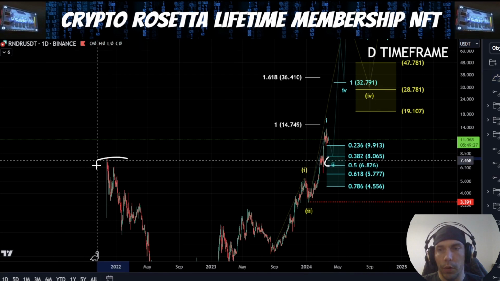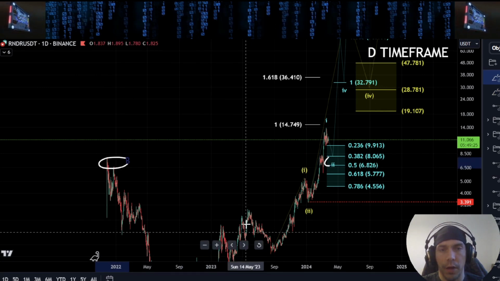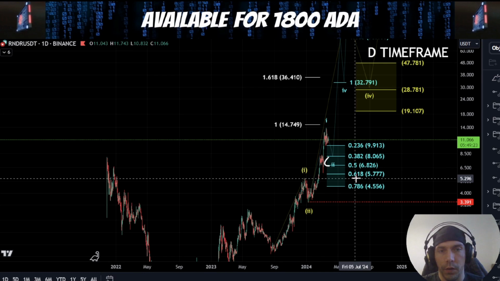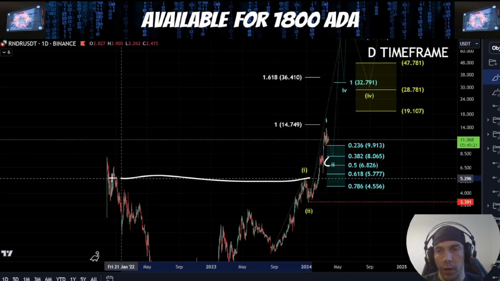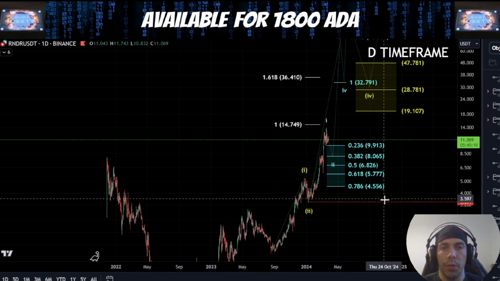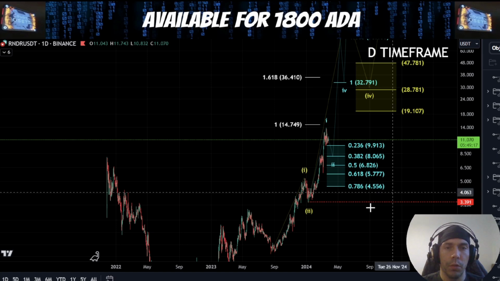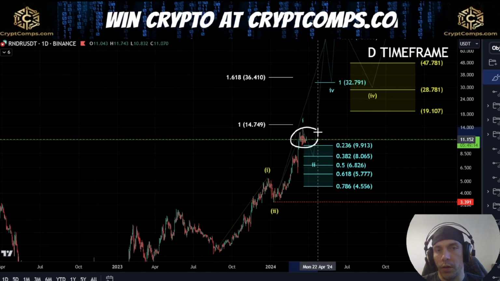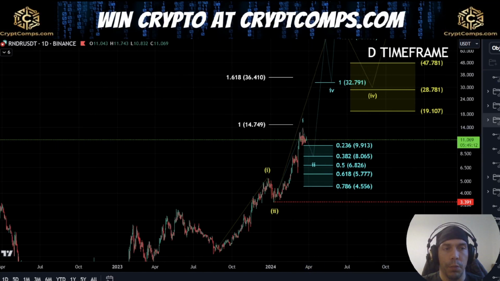do have a bit of confidence with retesting these highs over here. And then lower down here at the 618 would be looking to bring us down into some of these lower levels. So that would be looking at this as an extension. So that's what I'm going to be keeping an eye on. We're going to go over the lower time frame stuff over here in a second, but I just want to